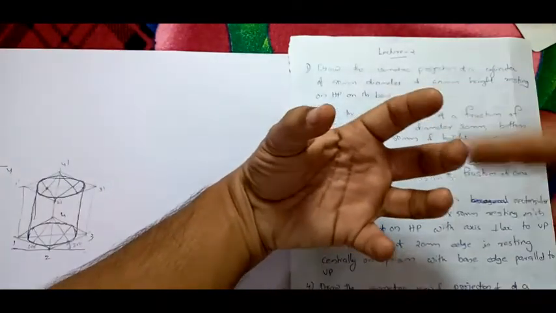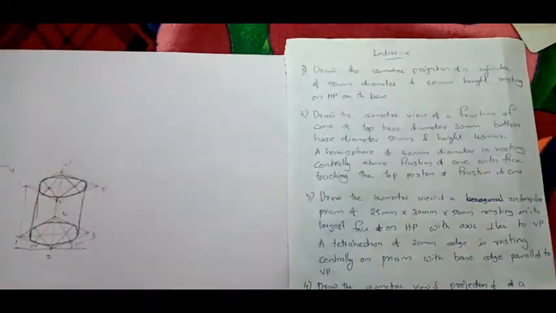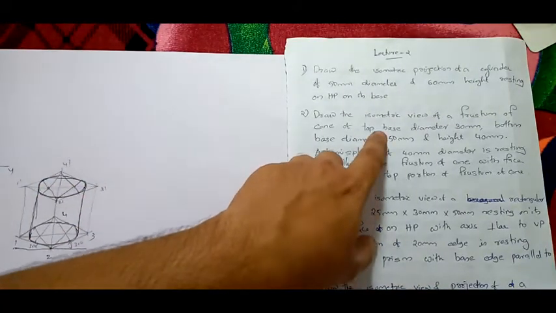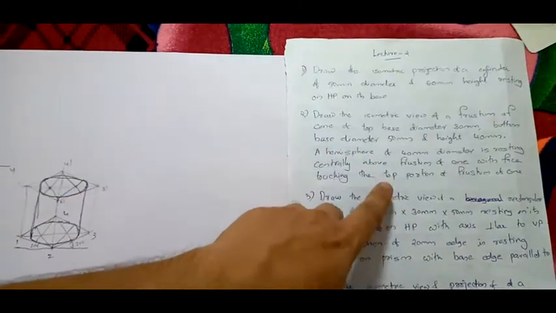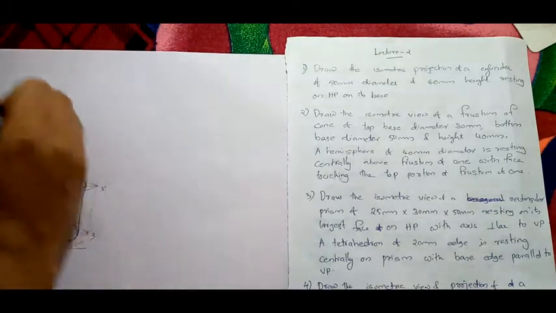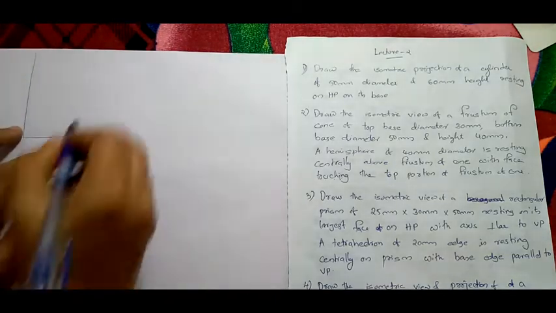Face means there is a circle. This circle may be upward or touching. So here they have told that the circle is touching the top portion of the frustum. So from the top, you can see 3 circles. That is bottom base diameter, you can see 50 mm. Then there is top base diameter 30 mm, and the hemisphere. Basically you will be seeing two circles visible and 1 dotted circle. So we will draw the orthographic projection.